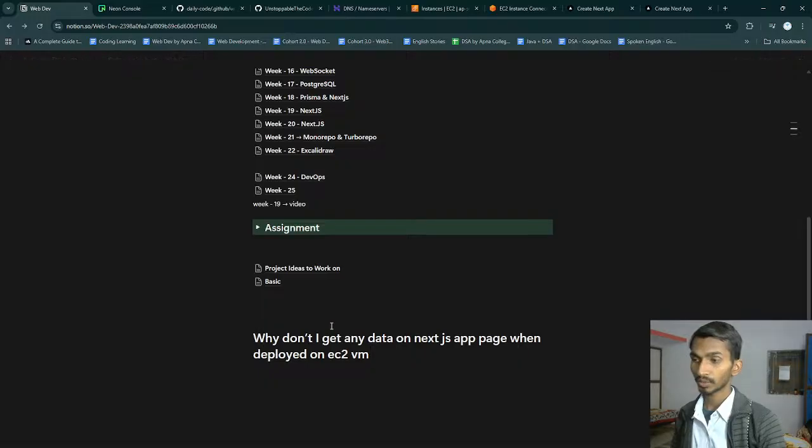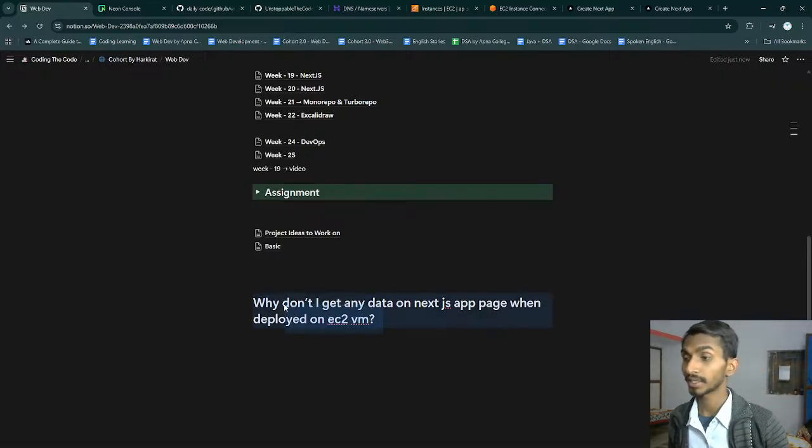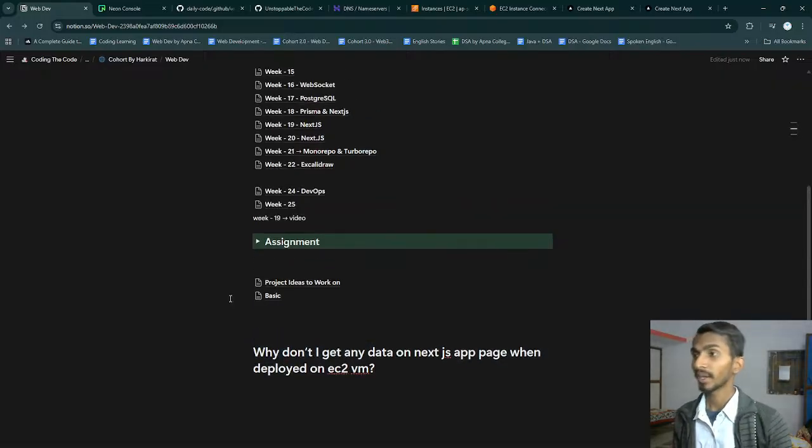Okay, this is the question. This is something that we have to figure out. Of course, right now we are not going to figure it out, but someday or the other we will definitely take care of this thing really well. For now, that was it.